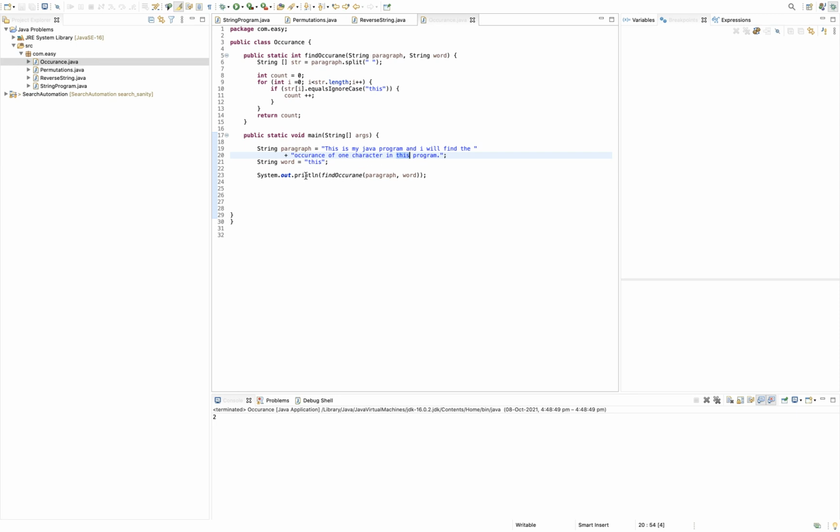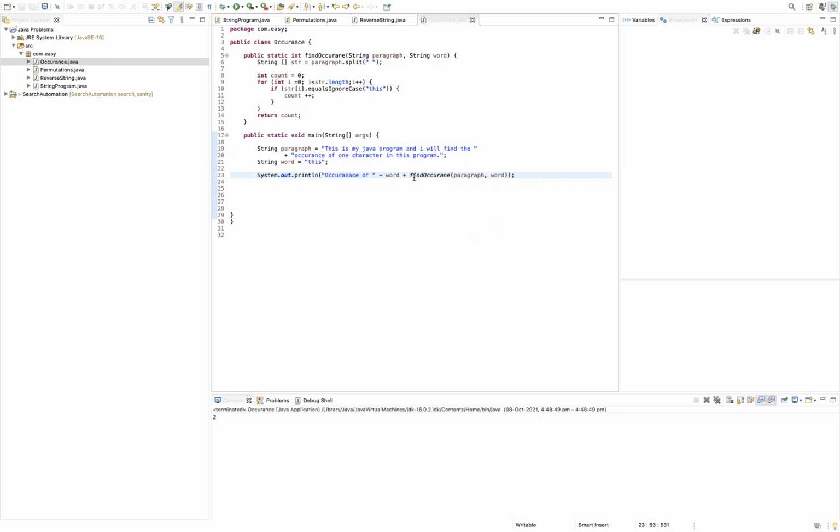If you want to do an enhancement, you can add a few more words: the occurrence of word is.